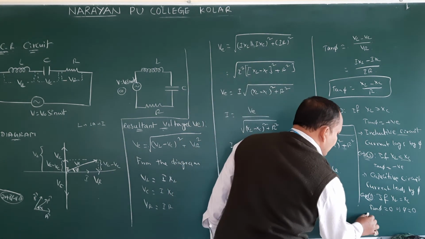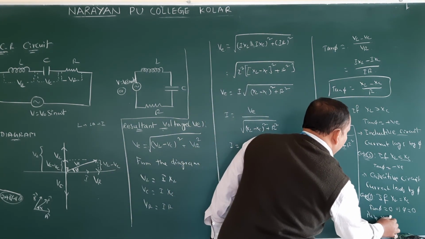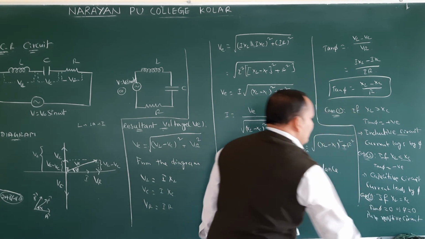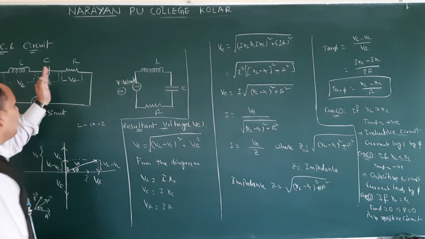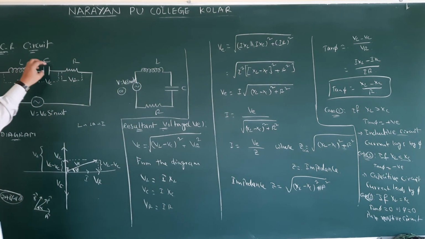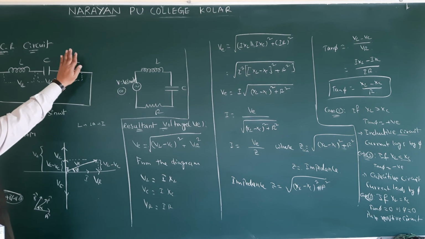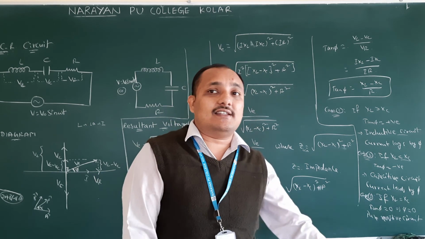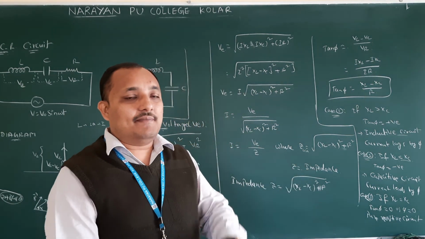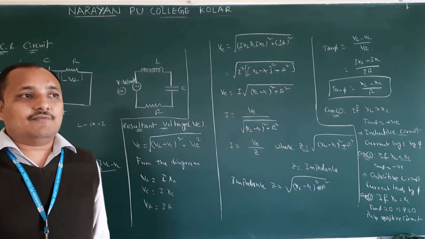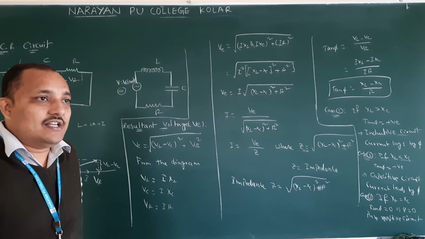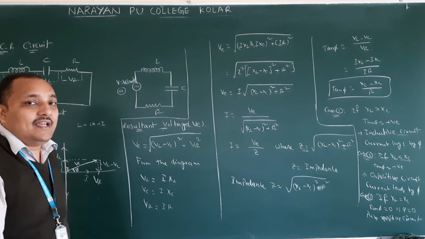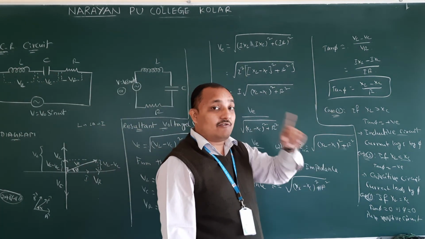Then that is acting as a pure resistive circuit. So if L and C are there in the LCR circuit, if XL equal to XC, then this is acting as a pure resistor circuit. In a resistor, there is no lagging or leading between current and voltage. Therefore, the phase difference is 0. Voltage and current are in the same direction. So these 3 points are very, very important, for 1 mark also you will get.